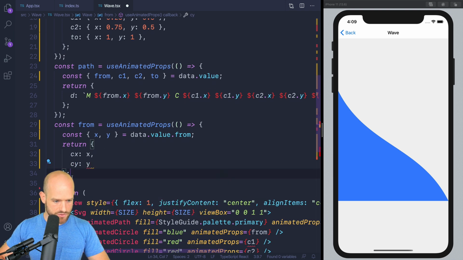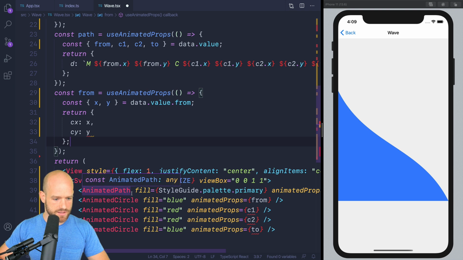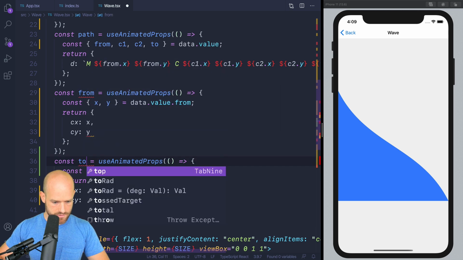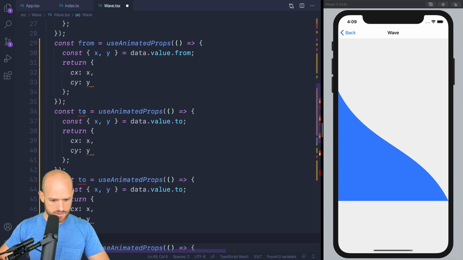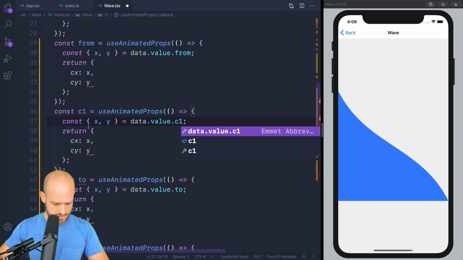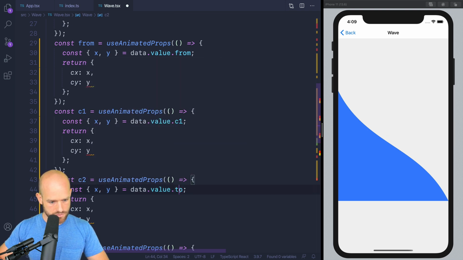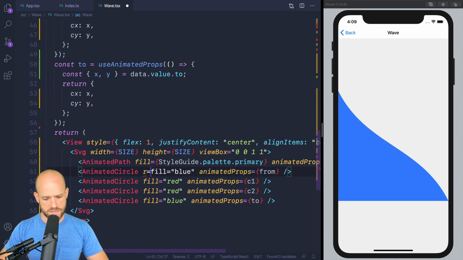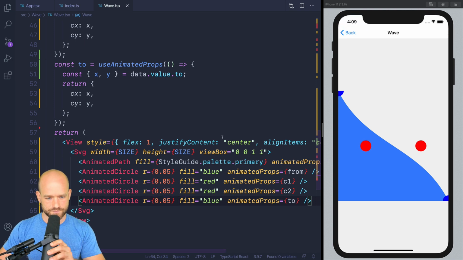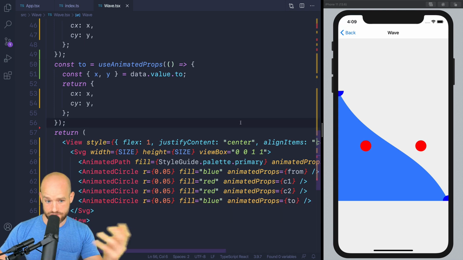And we're gonna need also, okay, let me do it for every values. And C1, C2. And we need to add some radius here. So maybe, yeah, looks good actually. So we have our points. All right. Now let's create an animation value